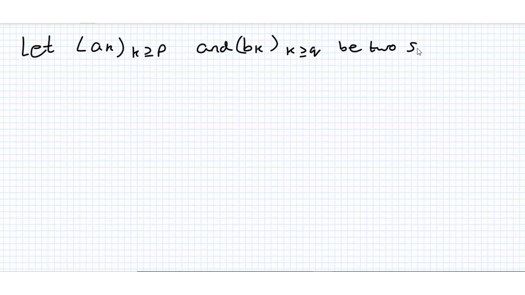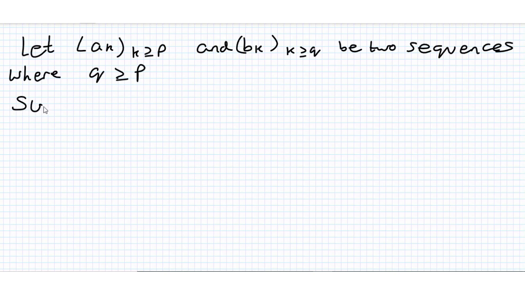Let AK with K greater than or equal to P and BK with K greater than or equal to Q be two sequences where K is greater than or equal to P. We'll see the importance of that in a minute. And then suppose that